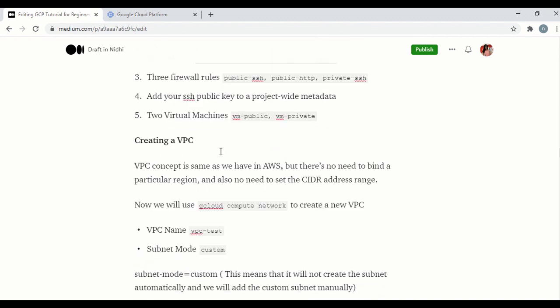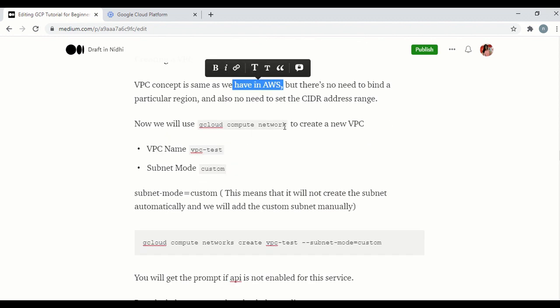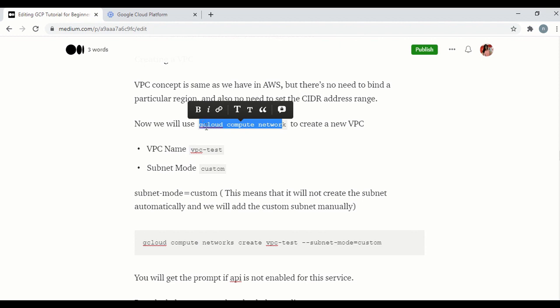So first we will be creating a VPC. As I mentioned, it is the same as we have in AWS, but we don't need to bind it to a particular region. And also in a VPC, you don't need to provide any CIDR range as you do in AWS. This is the command to create the network in GCP: gcloud compute networks. After that, you provide the details of which resource you are creating.